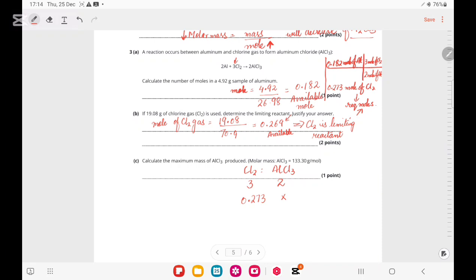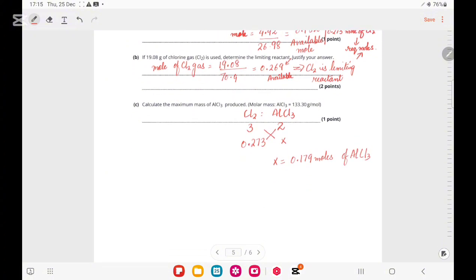and X comes out to be how much? You just need to cross multiply it, and it comes out to be 0.179 moles of AlCl3. So these are the moles, and we need to find the mass. Now we know mole is equal to mass divided by molar mass,